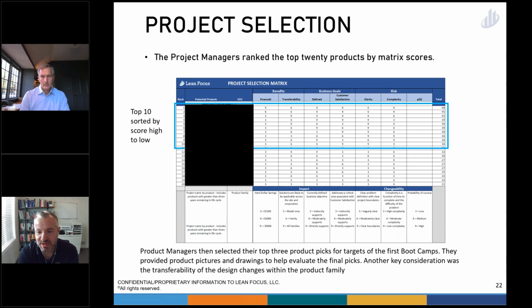All of these create a weighted score. Each company can weight these characteristics differently based on what's a priority, and even set the targets down below in terms of definitions for what each one of those impact and changeability categories represents. Ultimately, this is the teed up funnel of projects that identify the roadmap, if you will. And from that roadmap, we got into the execution phase, which I'll talk about next.